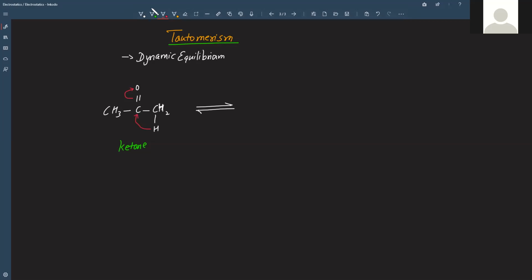Hydrogen actually attacks or gets attached to the carbon which is having fewer electrons. So what we actually get here is a compound like this: CH3, C, single bond O, and this H doesn't go and sit with carbon because oxygen has extra electron, so it goes and forms a bond with oxygen. So H goes to that part, right? And obviously there is a double bond here, so the double bond shifts and comes to this part, and this will be CH2, C, CH2.